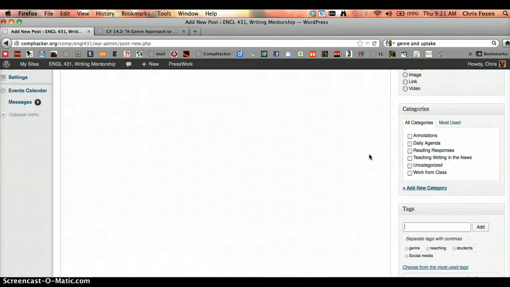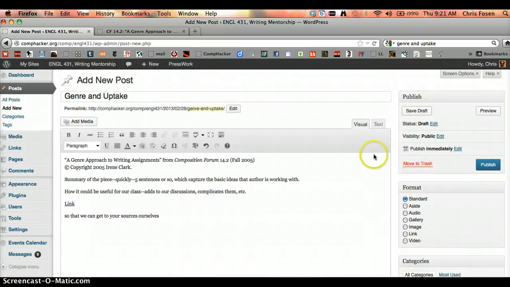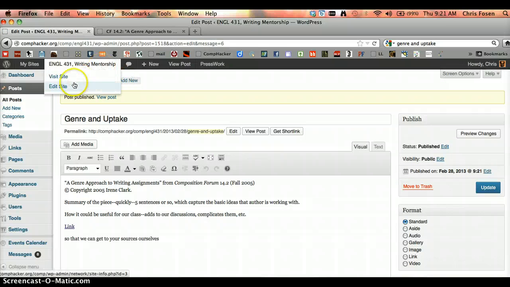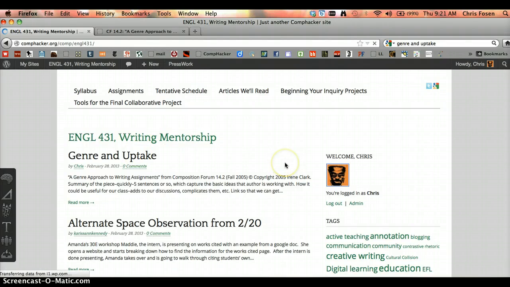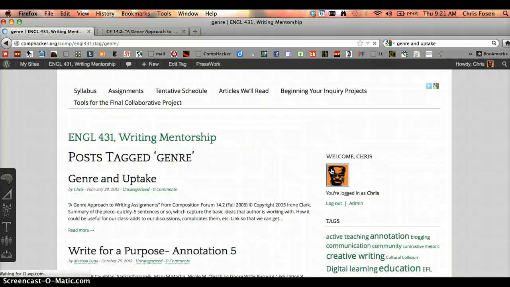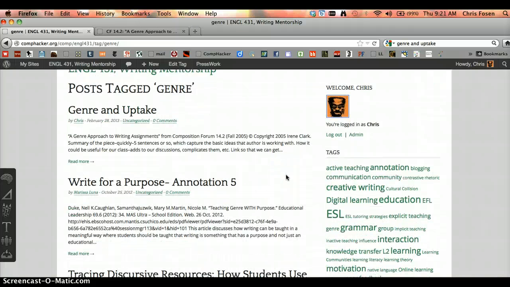What that enables then is when I post this, and I'm going to post it right now, it enables this source right here to be added to the tag cloud. So for example, if I go back to the genre tag right here, you'll see my most recent one is right here at the top. So you'll see what's so great about this is that if you get interested in an idea, you can not only see what people have already submitted to the site that could be interesting and useful for you to read, you can also add to that store of information.